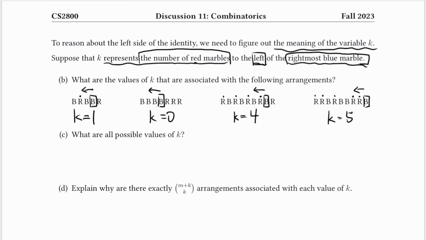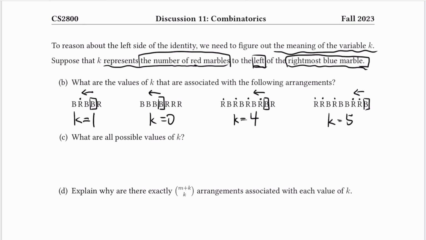Now, let's look at problem C. It asks you to find all the possible values of k. Pause the video now and think about it. Now, let's look at the answers together. As shown in part B, second example here, we know that the smallest value k can get is 0,